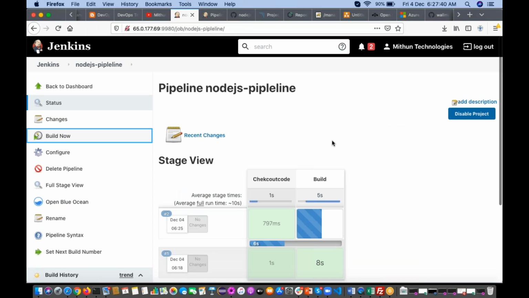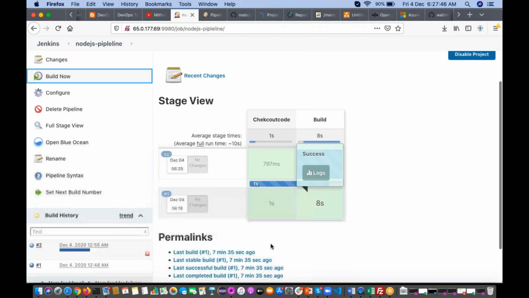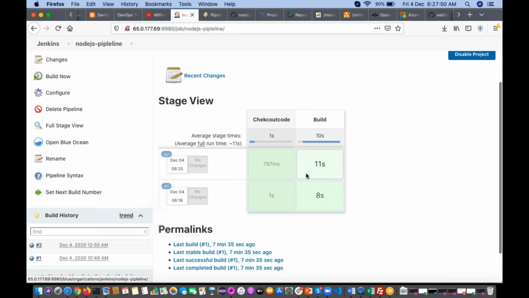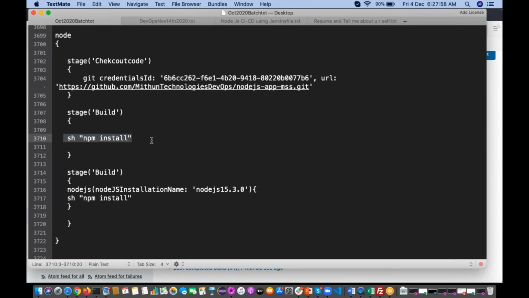Okay, it's working, it is doing the build. Build is successful. See, build is successful. So like this, you can directly use npm install. You can use whatever version you have configured. You can do like this also.